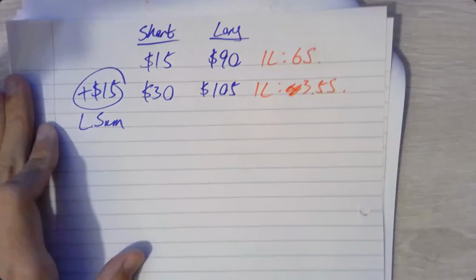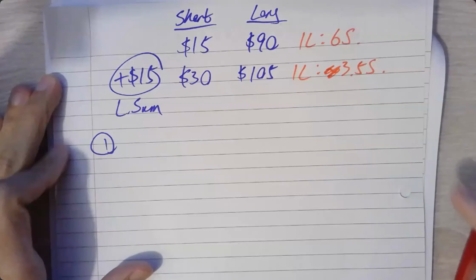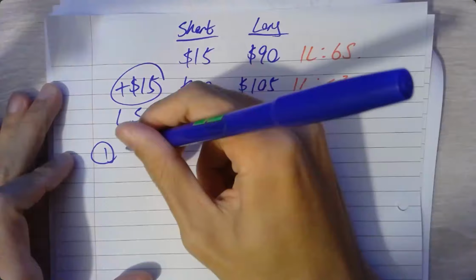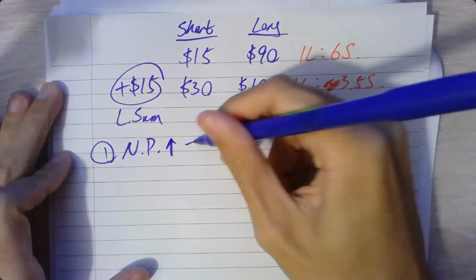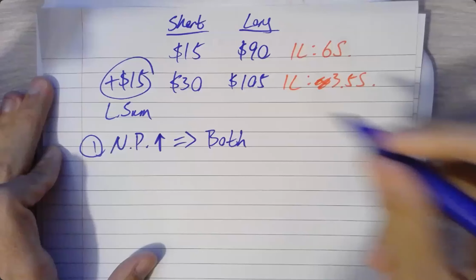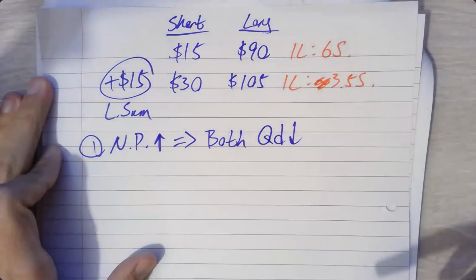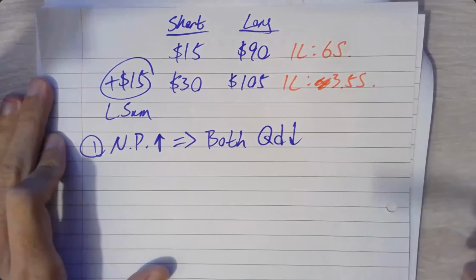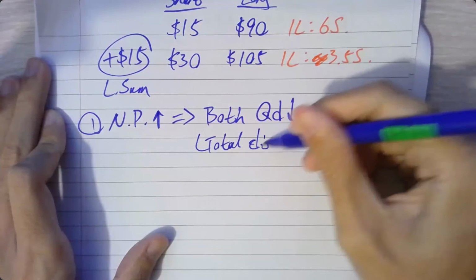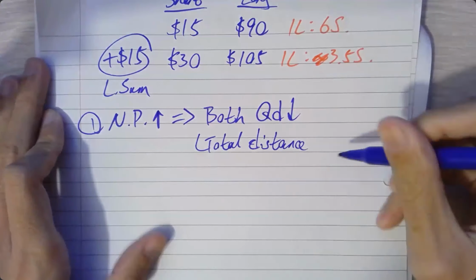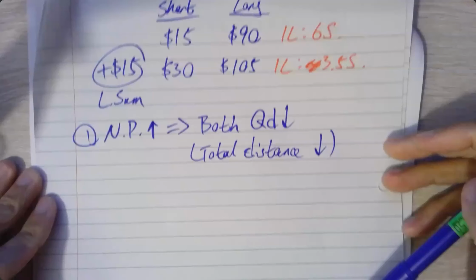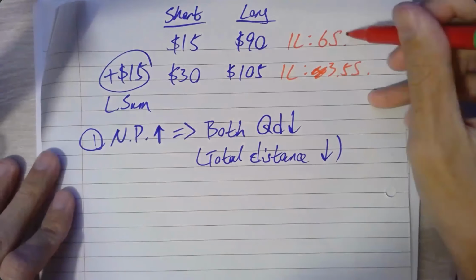Okay, now let's compare two things. Number one, we see that both short trips and long trips, the nominal price increased. So by the law of demand, we know that both long trips and short trips, the quantity demanded will decrease. OK，一定短同長途都會搭少咗，即係咩意思啊？Total distance traveled by taxi would decrease。梗係啦，長又跌，短又跌，係嘛？But then if we look at this one with